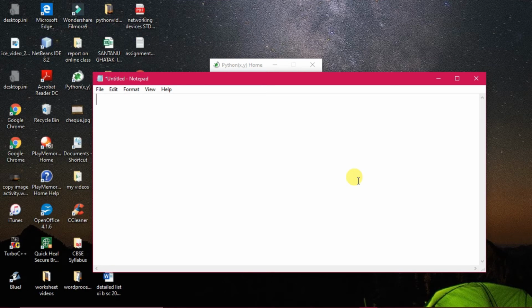Now let us see, students. Today two more programs we will discuss. That is not with the nested loop but with the normal execution of the loop. One is the reverse number and another is the palindrome number.